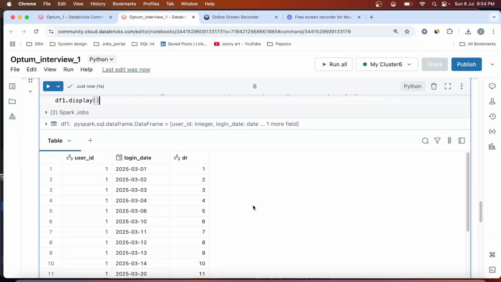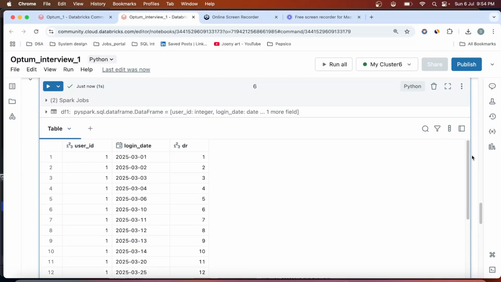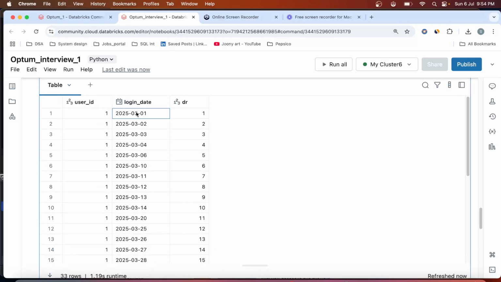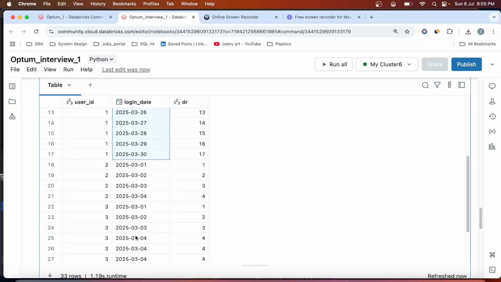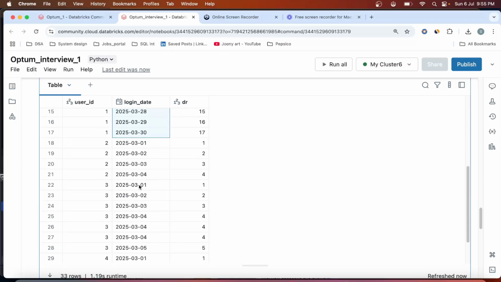So you see here, I have executed the command, and if you see, the login dates here are 1, 2, 3, 4, 5, 6, 10. So all the user ID 1 entries are consecutive because there are no overlapping dates. But in user ID 3, if you see, 1 to 3 has the dense rank 1 to 3, 4 is 4, and these are duplicates, right? So it is assigning the same value,